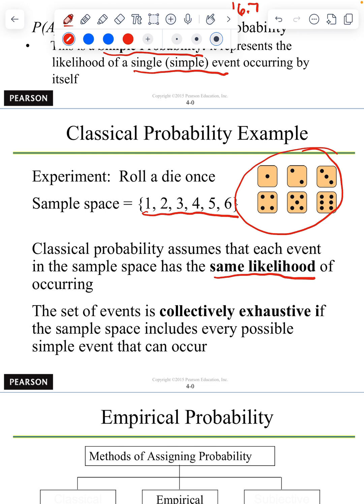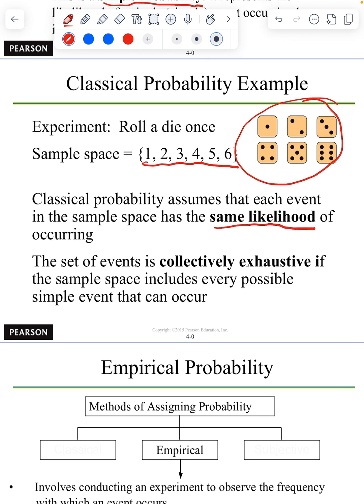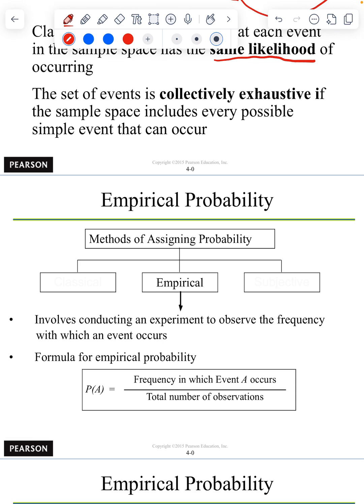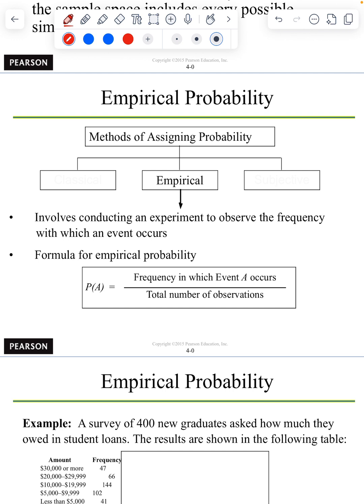So you get to roll until you crap out, so to speak. Then another person gets to roll, and then another person, because everybody's going to roll it a little bit differently. And so you're statistically changing your measure of the outcome or event by changing the people that are rolling the dice. So with empirical probability, the second type we're going to look at, you involve conducting an experiment to observe